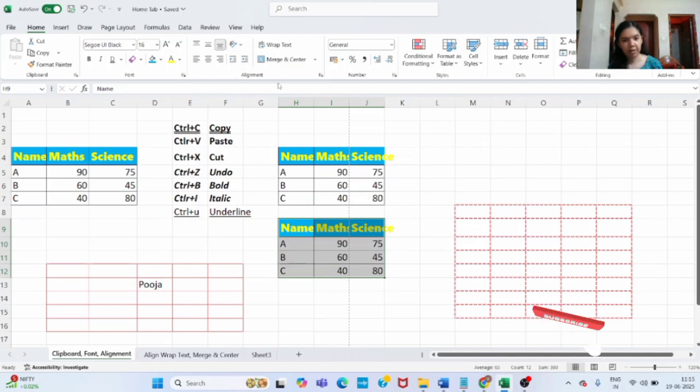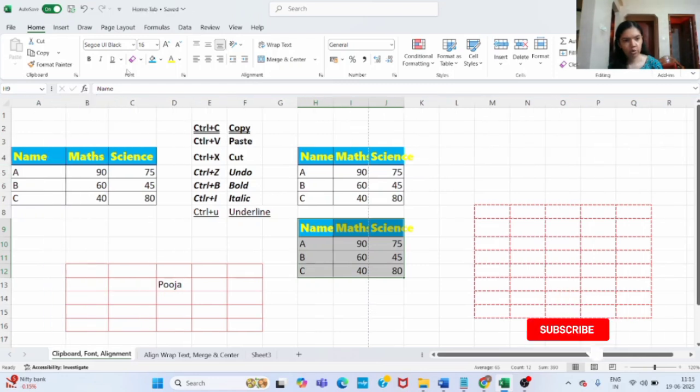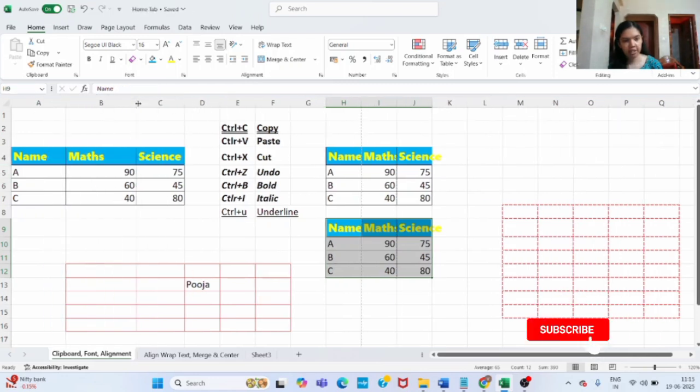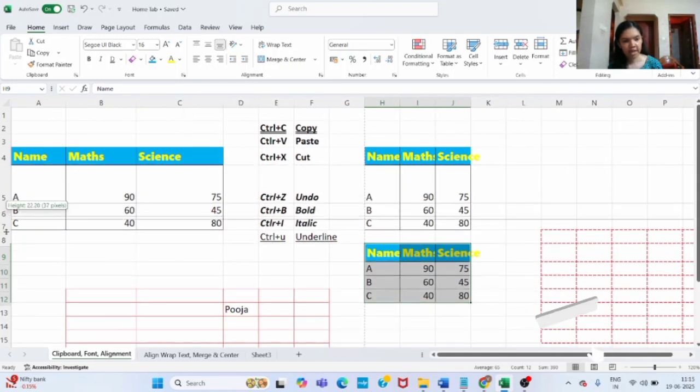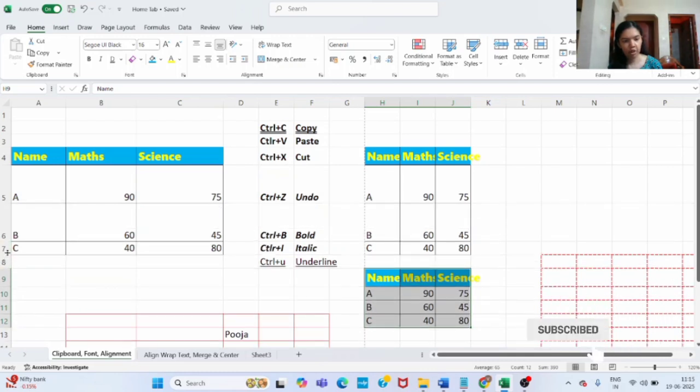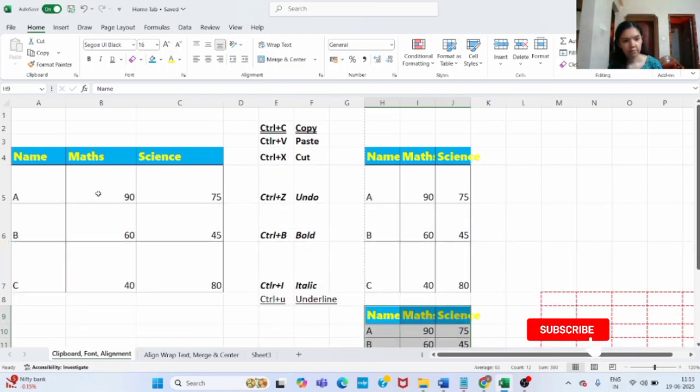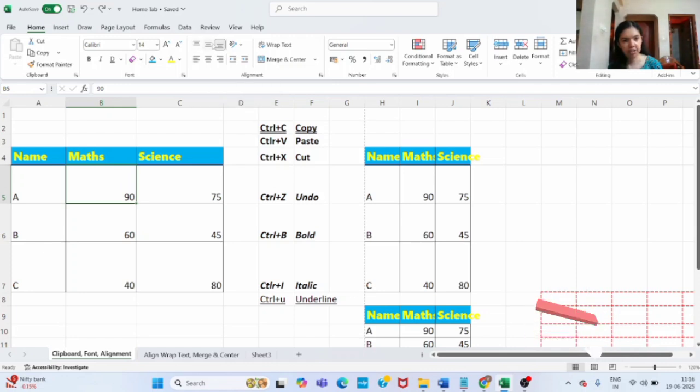Now next we will see this alignment part. Now to explain this alignment part, I will just increase this column and row size a bit here so that we can clearly see this feature. So you can just drag and drop these lines so that the column and rows will get extended. So this first is the top alignment feature. So I've just clicked on this cell, and if you click here, you can see our data has got aligned to the top.